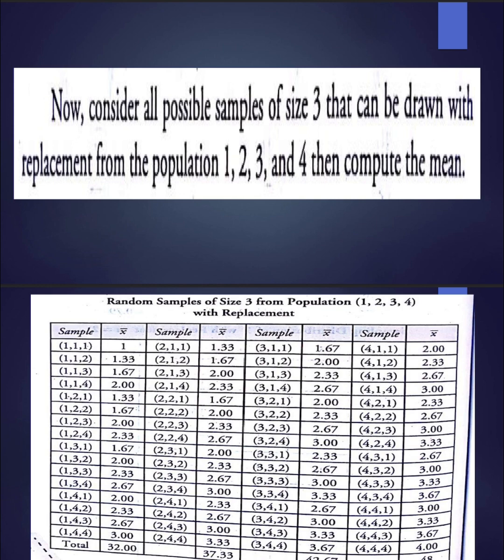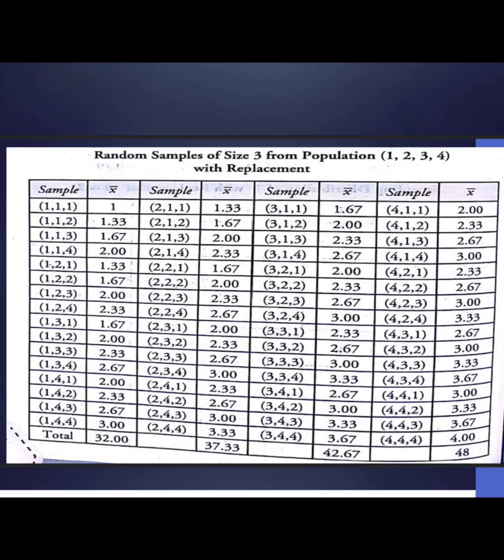Okay, so let's also construct the table of the population values when the sample size is 3. If it is a sample size of 3, how many observations are there? There are 4 times 4 times 4, which is equal to 64 observations. So, the samples of the population values with a sample size of 3 with replacement are 111,